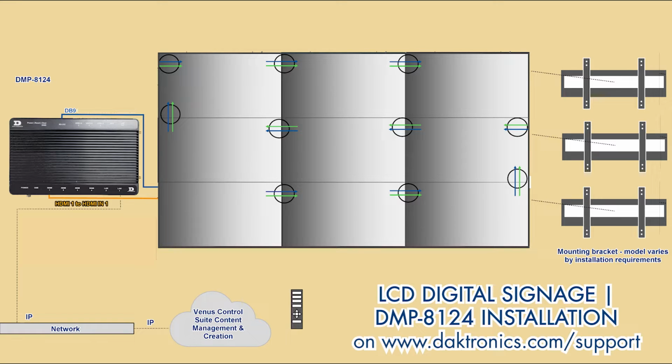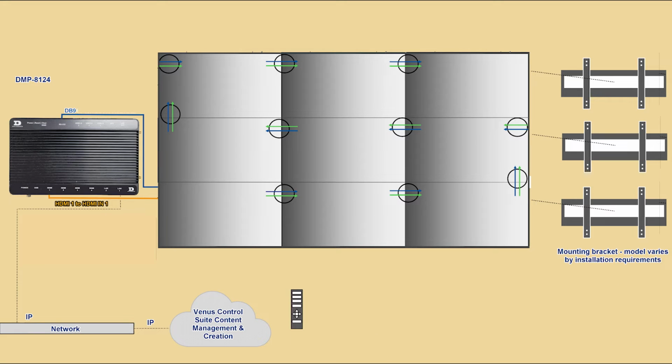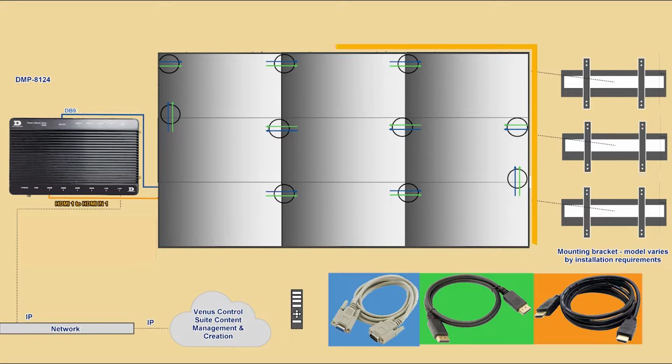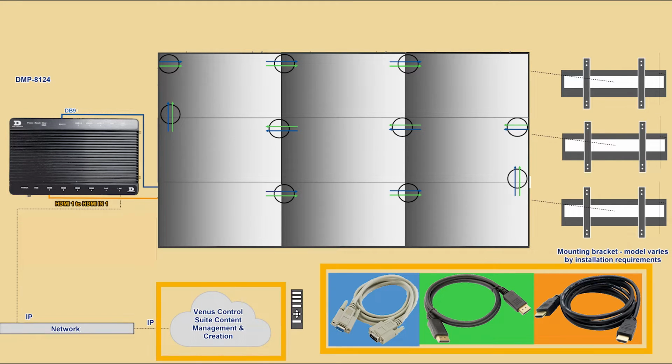This video may be found on www.daktronics.com by selecting Support in the top right corner, then clicking on Videos in the blue bar at the top of the page. Search for DMP8124. The system includes the LCD displays, display mounts, the DMP8124, Venus Control Suite, and any required cables or other